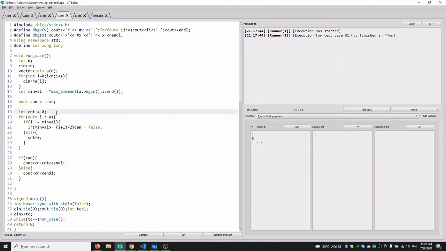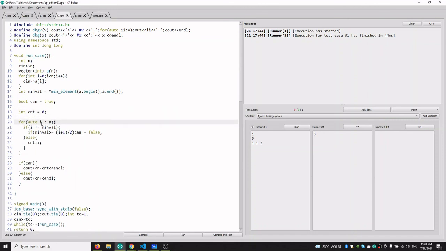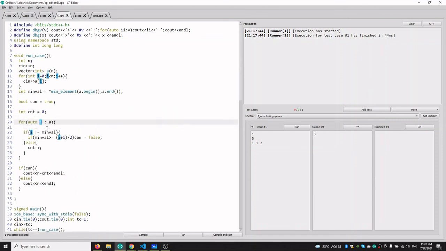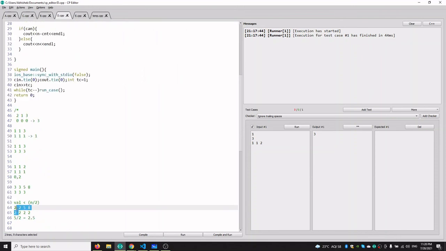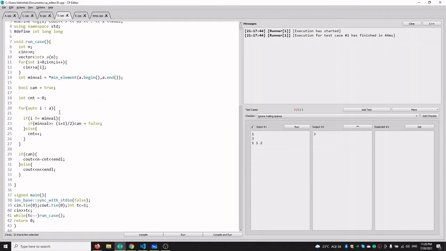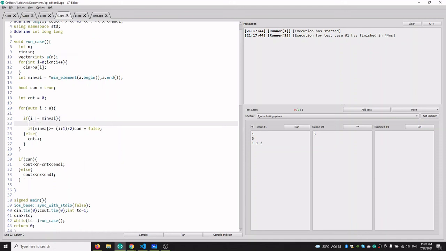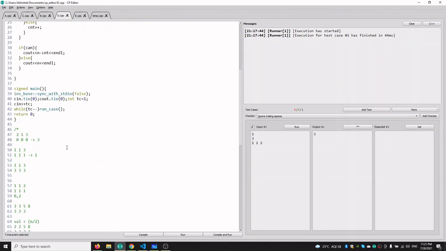So for each element of a, I is representing each element; you can check the auto function on the internet. In I we will get each element of a, and if it is not equal to the minimum value element, that is the minimum element, in this case 2, then we are checking if the minimum value is greater than n by 2 or not.